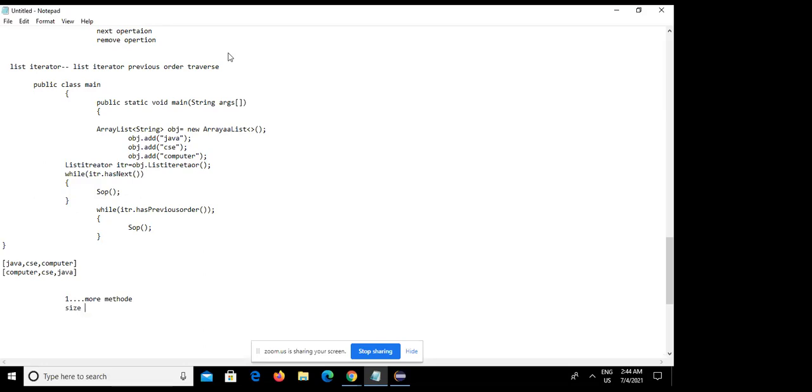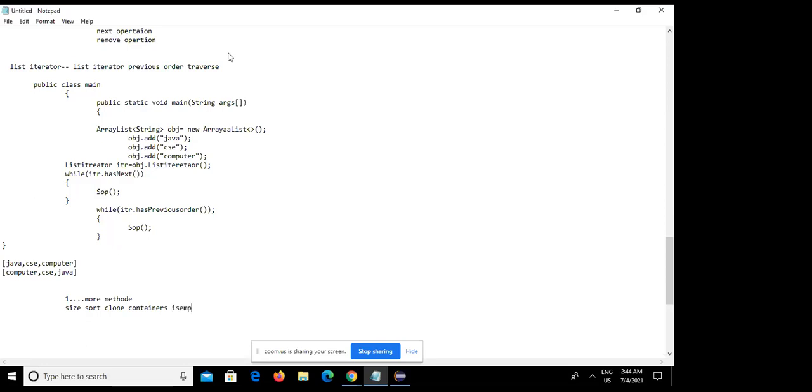In the next session I will cover size, sort, clone. I am writing those methods. Clone method is also there, and contains, isEmpty, and indexOf. Spelling mistake, leave it.